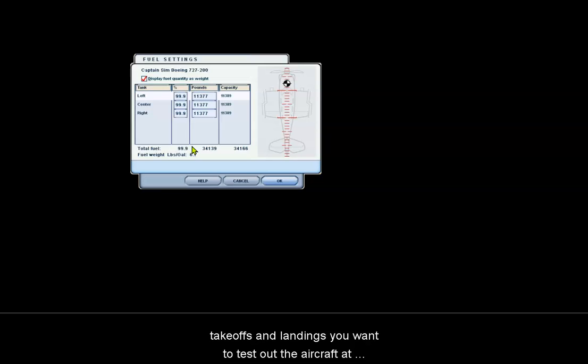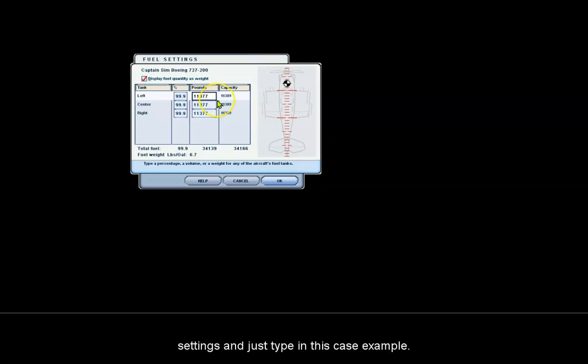You want to test the aircraft at full gross weight, with full fuel, but once you get in the air, you want to get below your landing gross weight. So you put it in slew mode, bring up your fuel settings, and just type in this example, 3,500 in each tank,